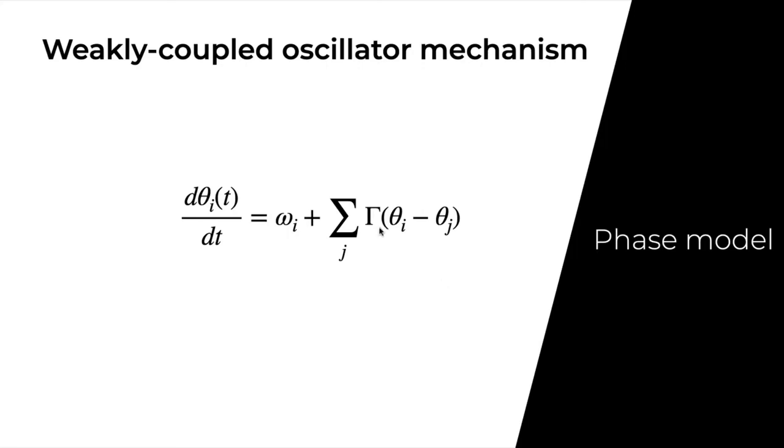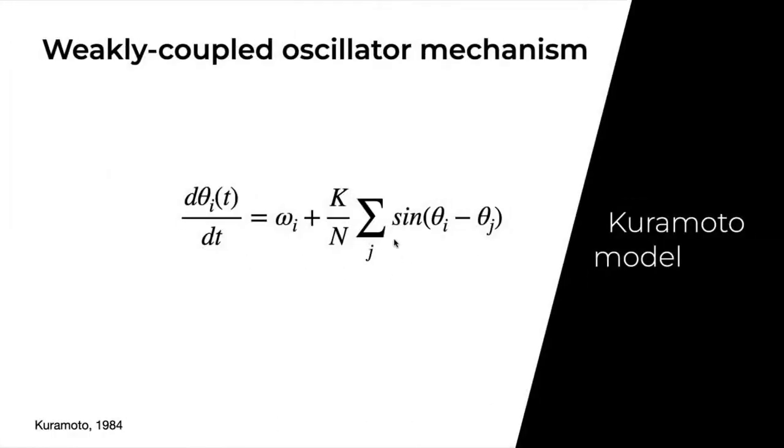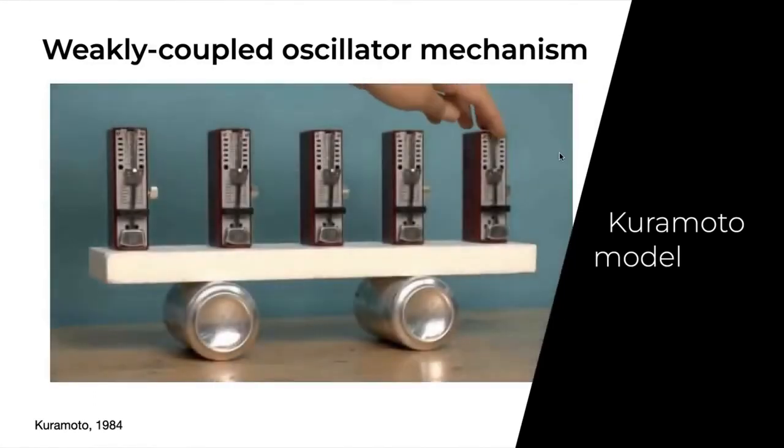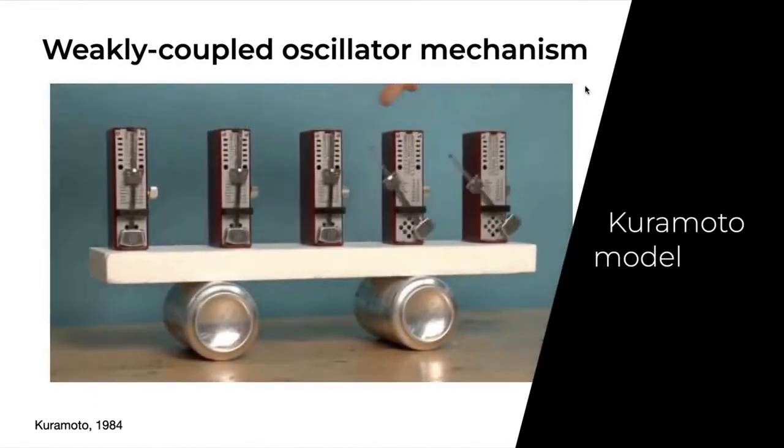Now, it has been quite useful to replace this interaction function with a sine curve, which results in the quite famous Kuramoto model. And additionally, we get a coupling strength parameter that scales the interactions. And this model has been used throughout the sciences to explain multiple phenomena, and especially synchrony. For example, in the flashes of fireflies, or as in this example, which I think you have seen in Micha's